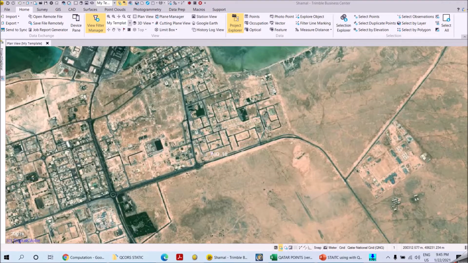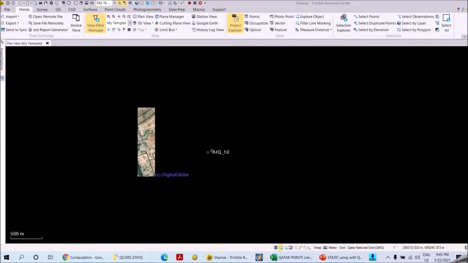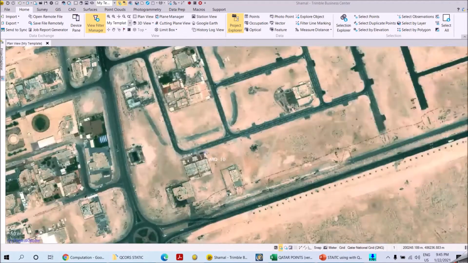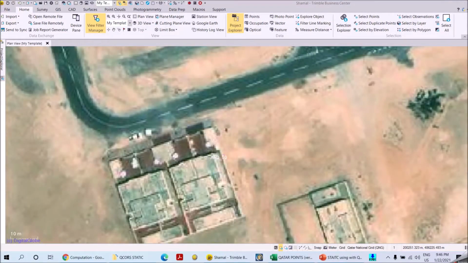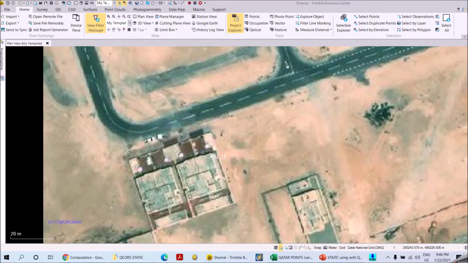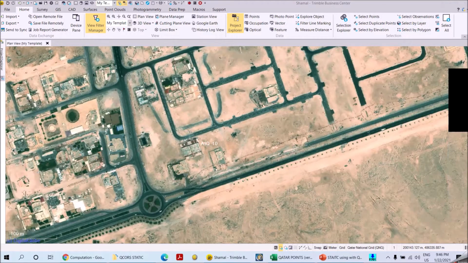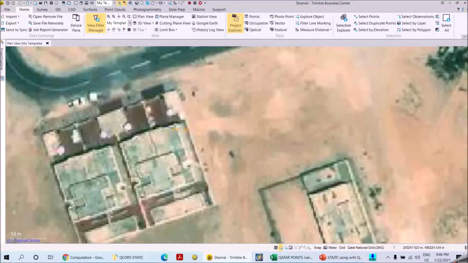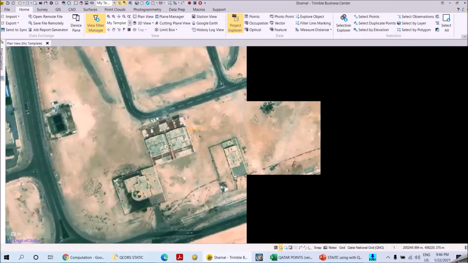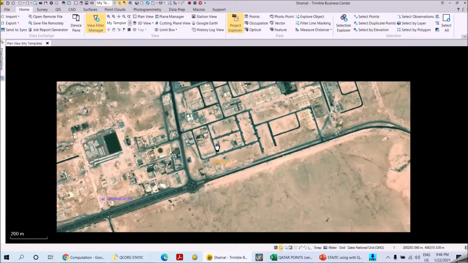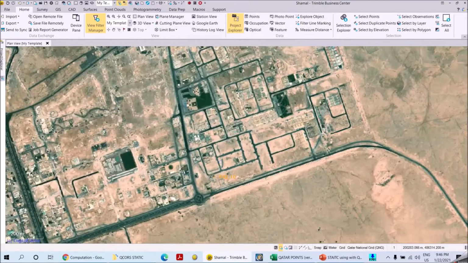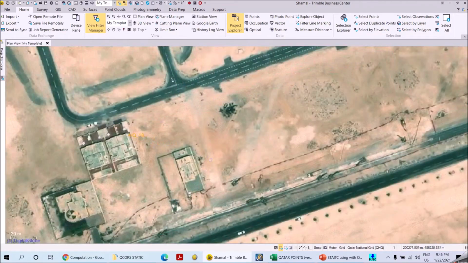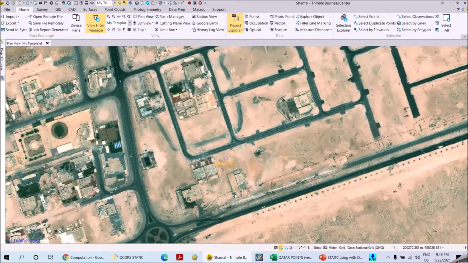To start with, this is my project location, and I have to establish a control point for putting up my base station or the RTK base so that I can use my rovers for doing construction stakeouts or even topographic work in this area. The location is on top of my customer's office here. We don't have any control points on the site, so we have to establish just one control point for putting up the RTK base, verify that the control point is accurate, and then start doing the job.